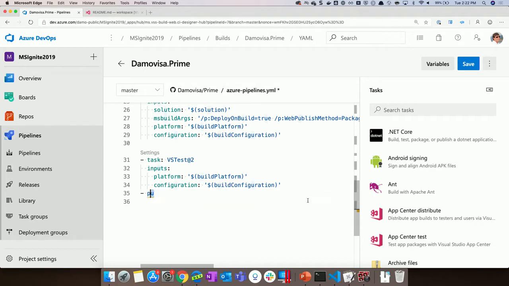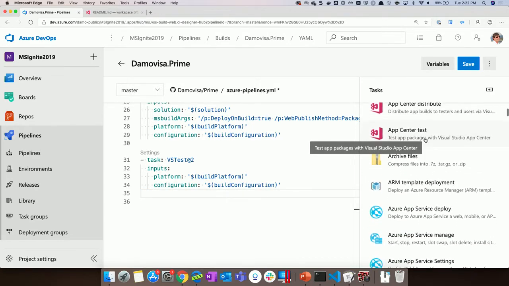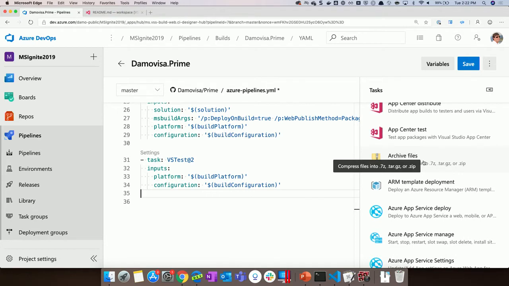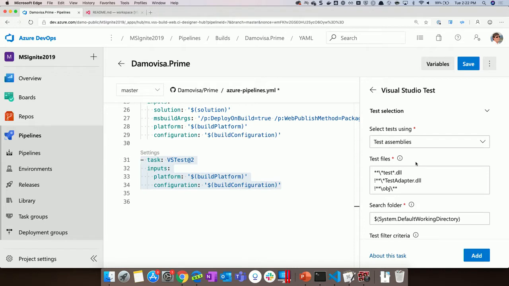The other thing you can do, you might have seen on the right there, what popped up is all of these extra tasks. So you can just use a UI and then it'll put the appropriate YAML over there, and even click on settings to change the steps that you've got already. So it's a lot easier than it used to be to do that kind of stuff.